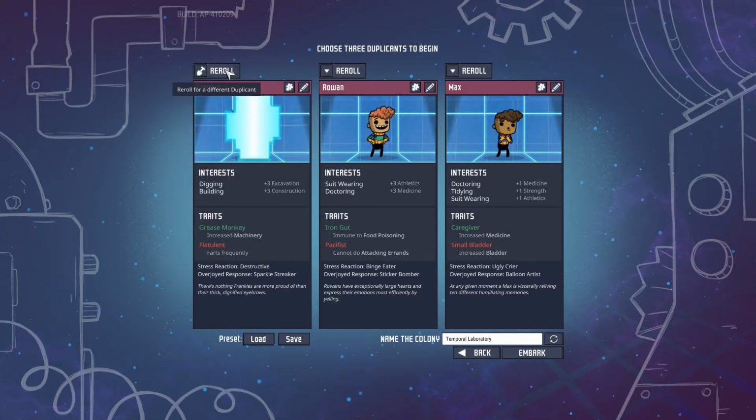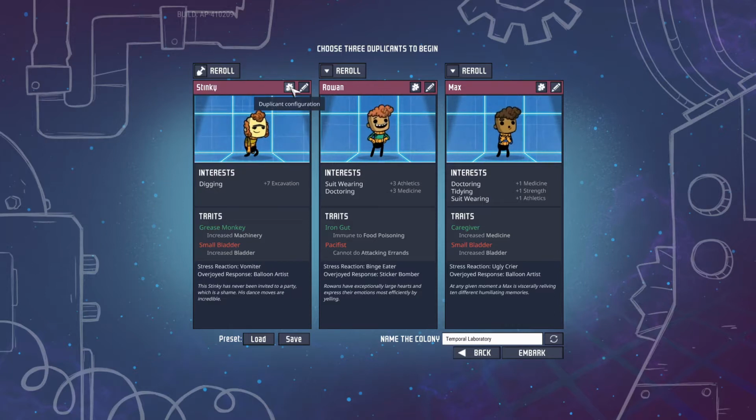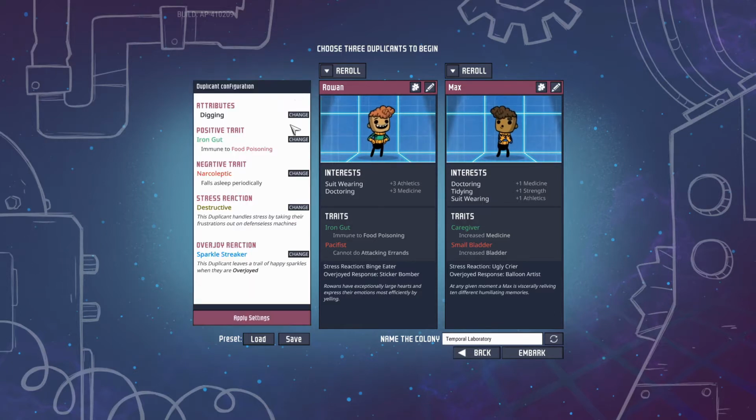Wow, that was bigger. And this, I'll tell you a little about it. This game is about surviving on an asteroid out in the middle of space, and sort of trying to colonize it, and failing, unless you know how to play the game, which I don't. Well, at least. We want Pacifist, and Ugly Crier I think is the best stress reaction,